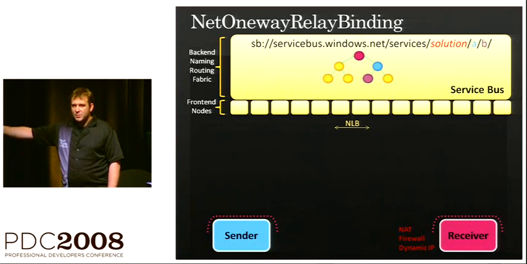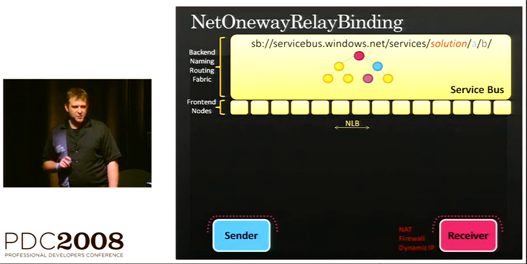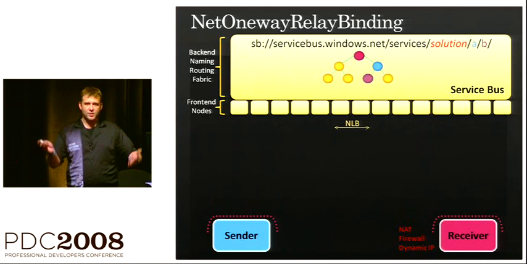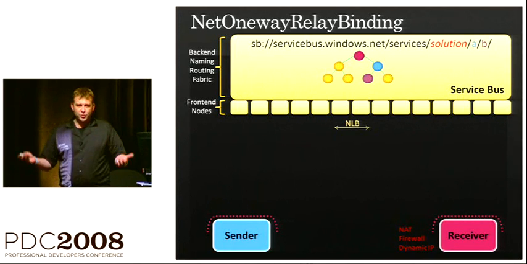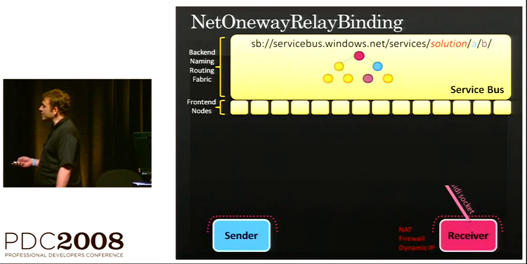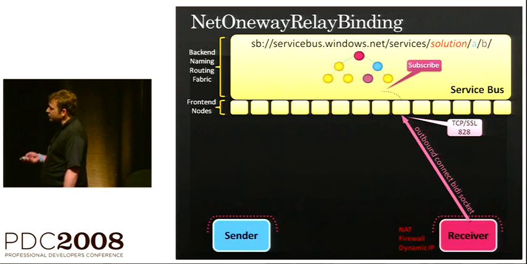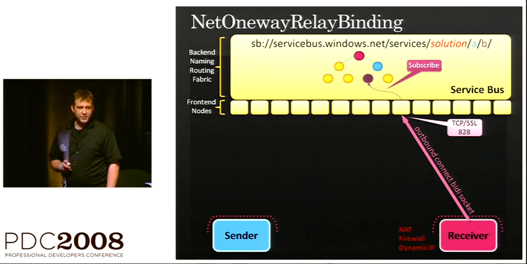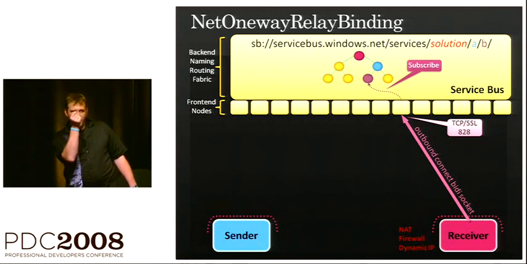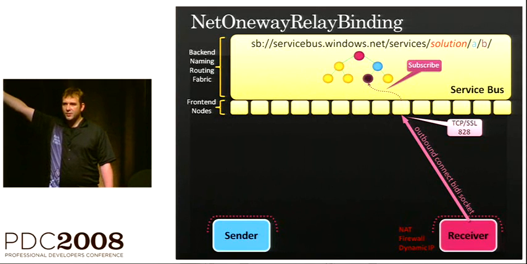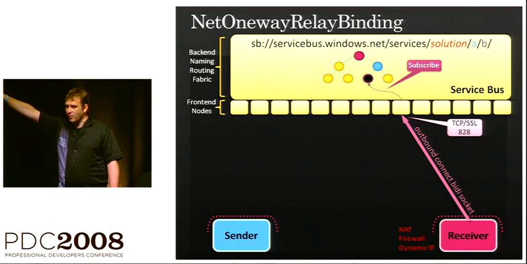So what happens? The receiver, meaning a service, is opening up a connection. It wants to listen for messages. Now, keep in mind, this may be sitting on a laptop connected with some not so good connection to the internet. What it does is it opens an outbound bidirectional socket into the cloud and registers there. It subscribes, and that registration is visible in the service registry.